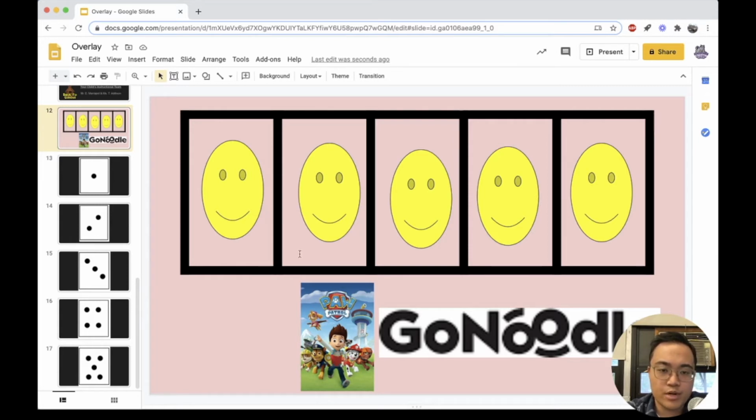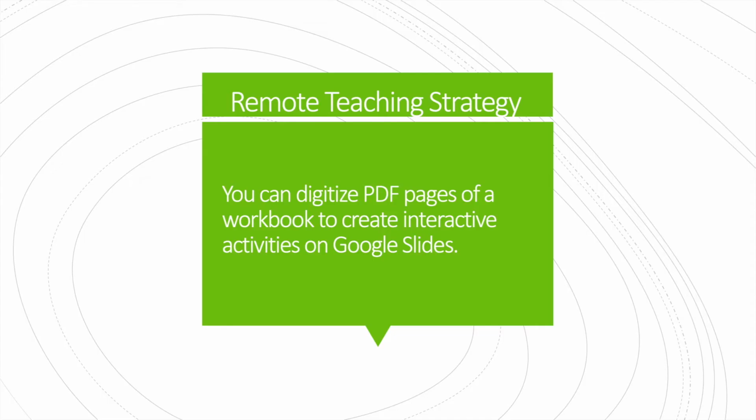But this is one example of how to engage with students online, with the use of token boards and contingency plans. Next, I'm going to go over how you can digitize PDF pages of a workbook to create